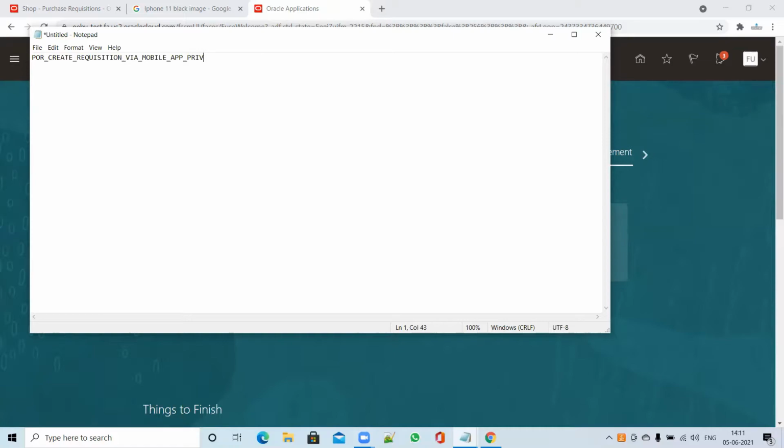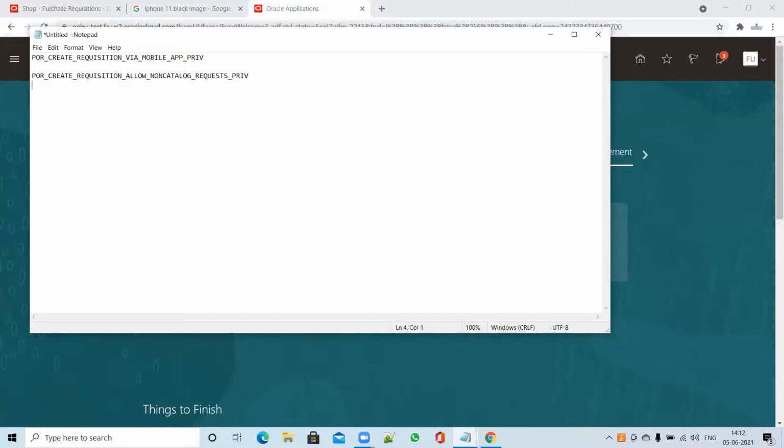Now, what is the second role? The second role is POR_CREATE_REQUISITION_ALLOW_NON_CATALOG_REQUEST privilege.